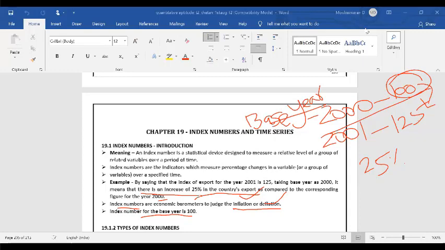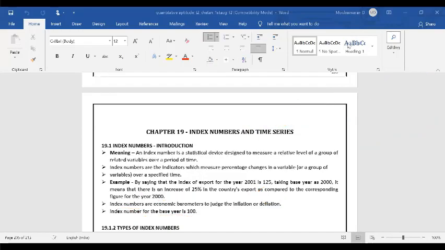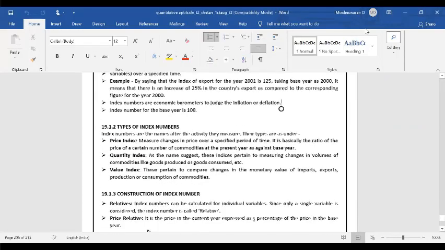You guys understood now? Index number is based on what we are measuring? Is it measuring using percentage or some other level? Percentage. What we are doing here is finding out whether the percentage is increased or decreased. In other words, we are finding out whether it is inflation or deflation. What is the base year value always, the index number for the base year? 100. Always you should take the base year as 100.